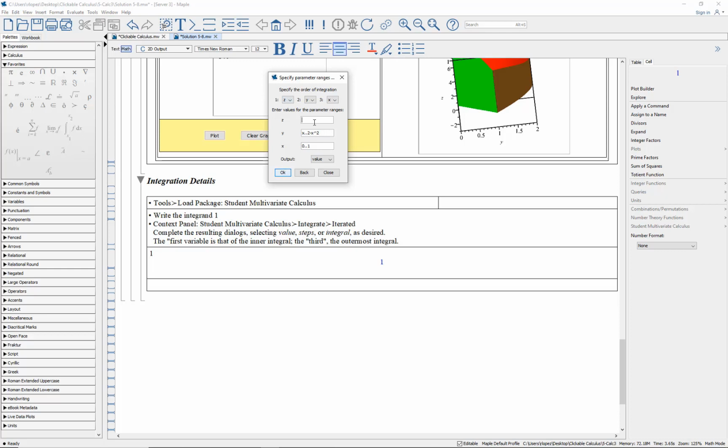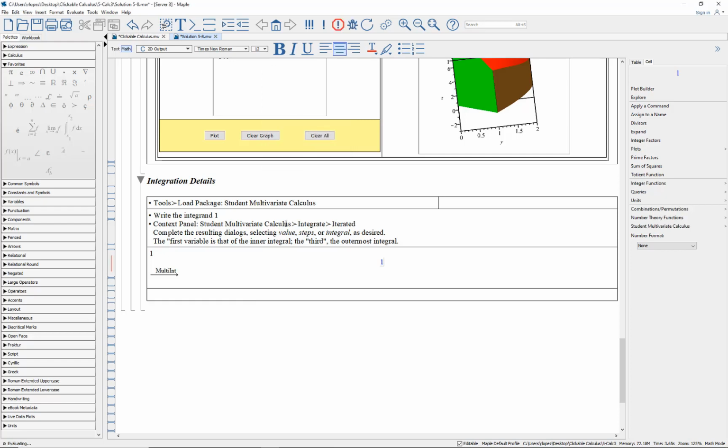And in z, it's from bottom guy, which is g, to the top guy, which is f. And again, we have the option of just give me a value, write out the integral, or give me the steps. So I'll pick steps,